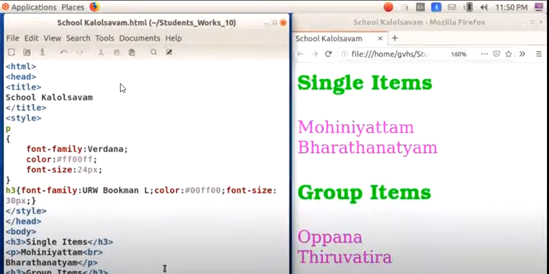Open our HTML document in the text editor. Then type the class selector code, p.blue.